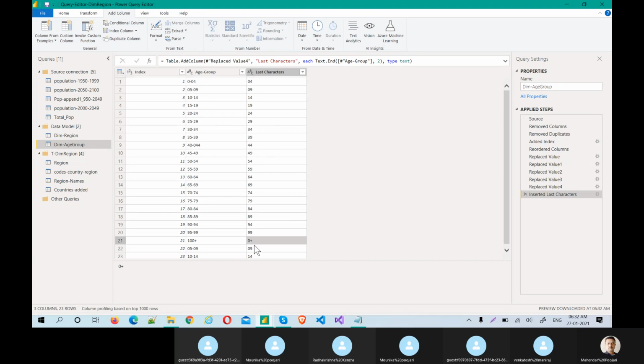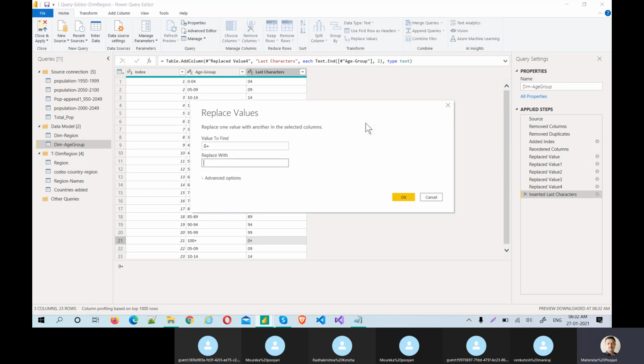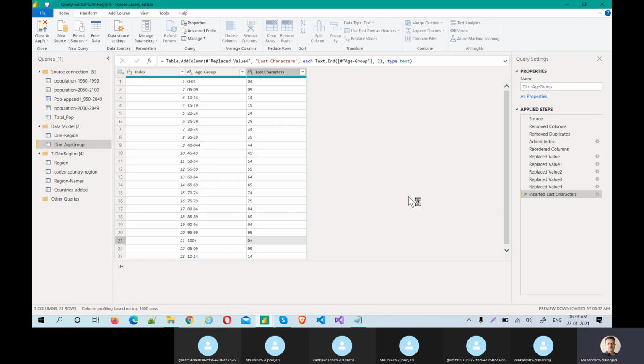Now let's replace that value. Replace with 100.